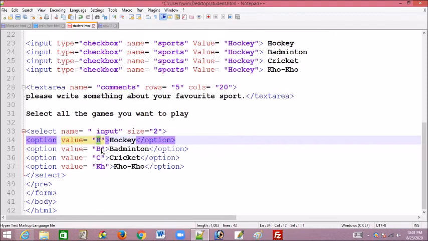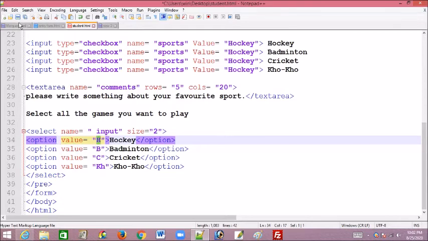We cannot see all those things now, but just understand the value of hockey we are giving as H. So whenever we see H in that input column, that means they have chosen the hockey game. Okay, this is the HTML program or HTML tags for the selection list.